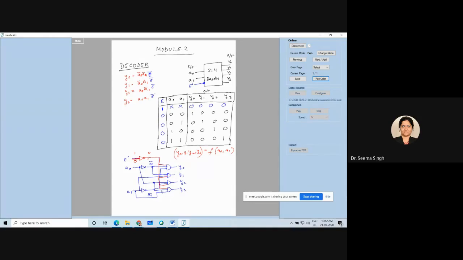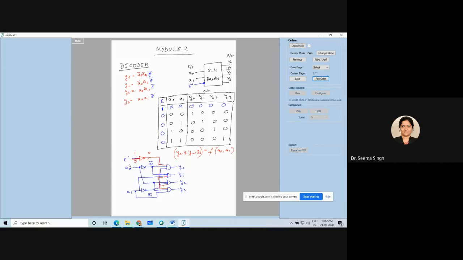All the AND gate inputs will be 0. If all the AND gate inputs are 0, the output will also be 0. So it is not behaving as a decoder at all. With all outputs becoming 0, it is not behaving as a decoder. To make it behave as a decoder, this input should be high so that it becomes redundant and Y0 to Y3 work as per A0 and